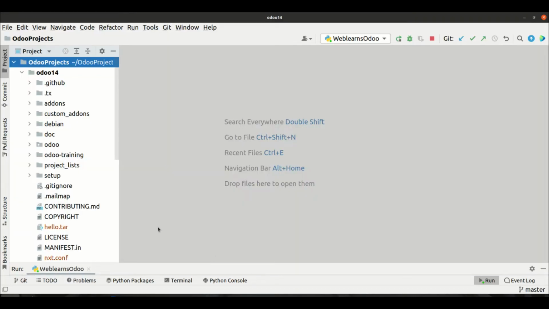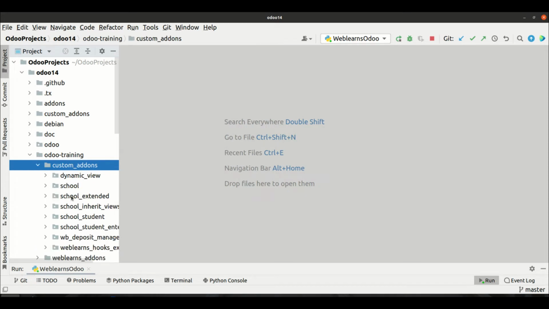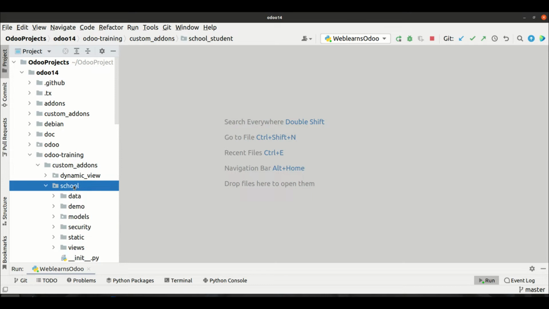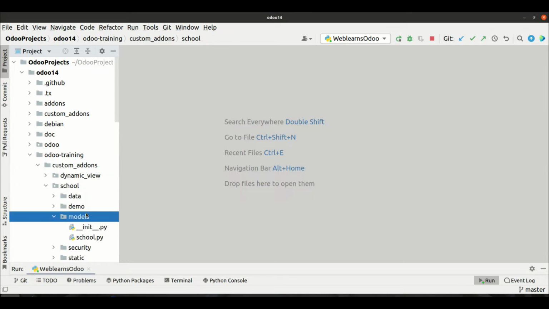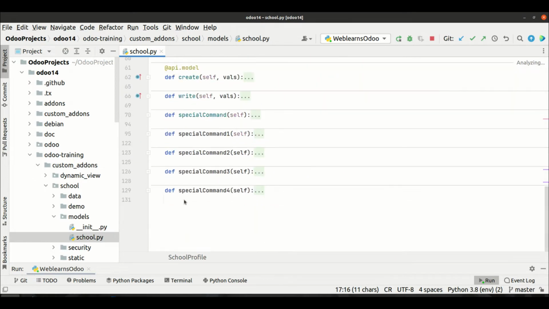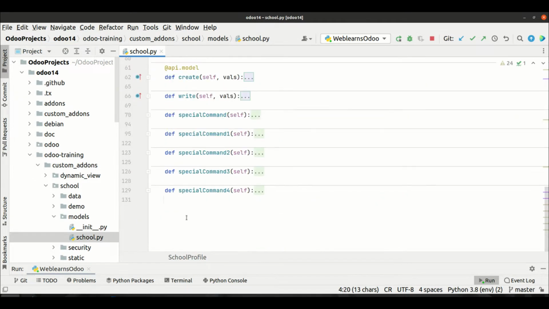Here I will go to the Odoo training custom add-ons, where we usually use the student, or let's say the school profile, that's also fine. In the models I will open the school.py file. You can see this is a Python file that has only the school profile model. So let me create one more class, or let's say one more model, class school student profile, something like this,